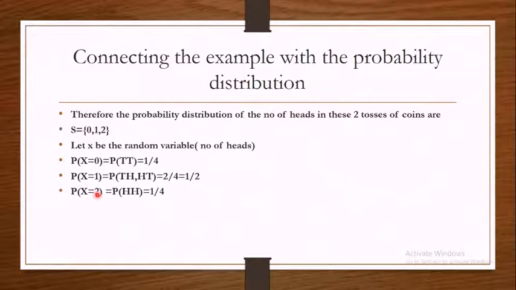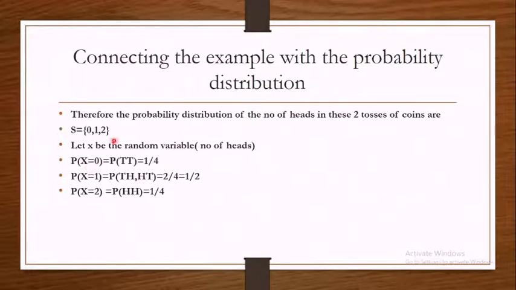So see, here I have written P of X is equal to 0, P of X is equal to 1, P of X is equal to 2. P of something, that is what I have written. So what is it? It is the probability of a random variable which takes certain values being equal to something. Without the help of an example, I can just generalize like that. So what do you call this P of X?